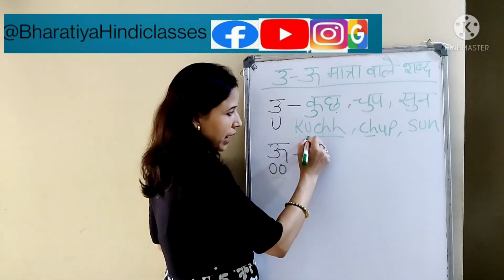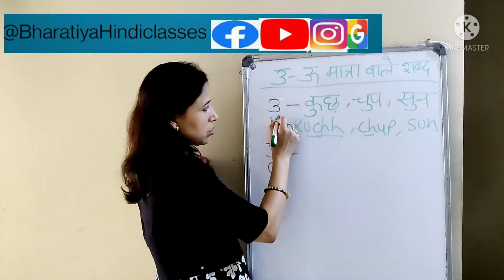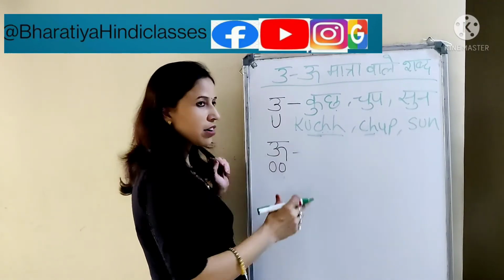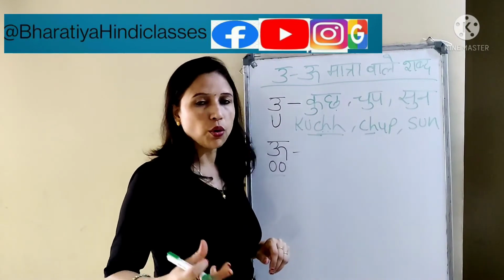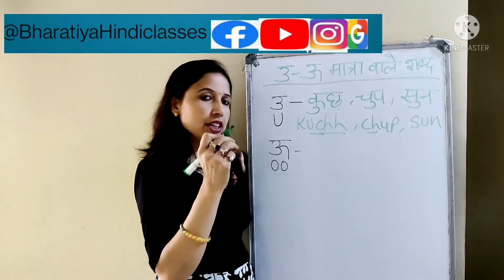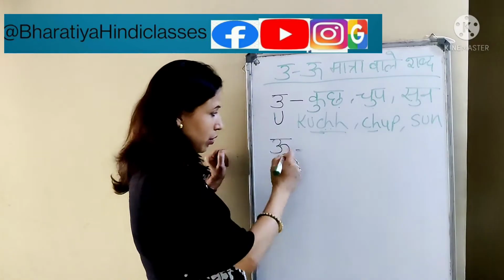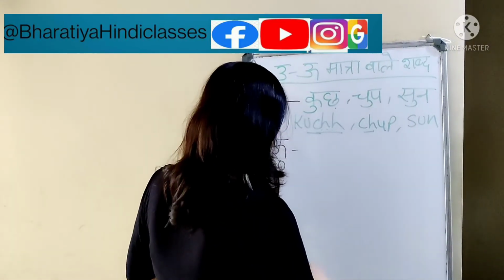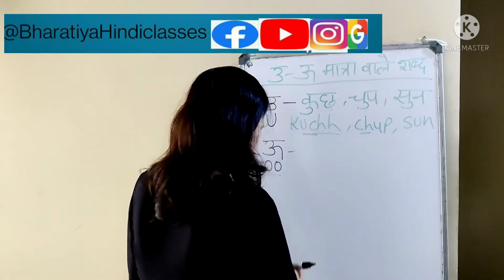So this is the minor difference between this U and this U. Here you have to pronounce it a little more. Actually, you have to give more pressure. Here we just said kuch. But for this we have to write it. I just write this. It's like